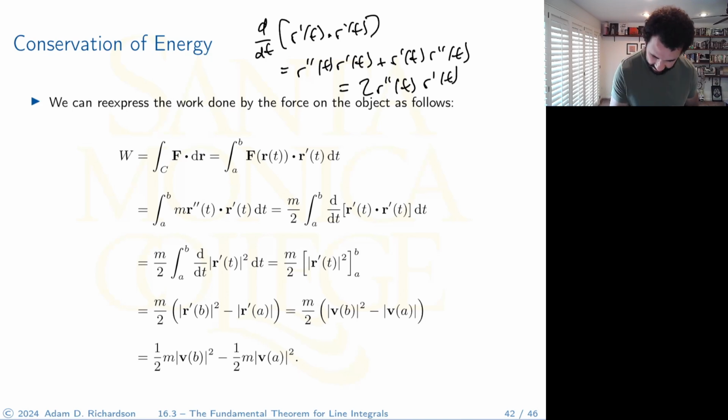Oh, sorry, these should be dots. So if you differentiate this dot product right here, you end up getting 2 of these right here. So if you divide both sides by 2,